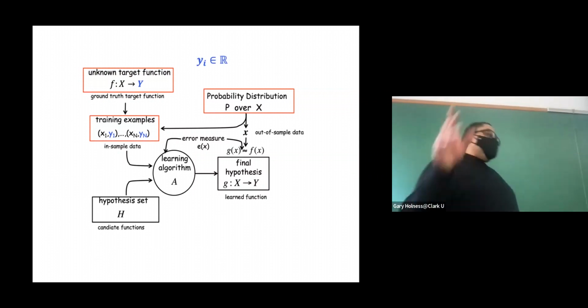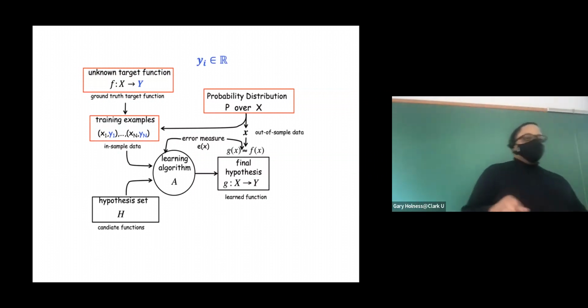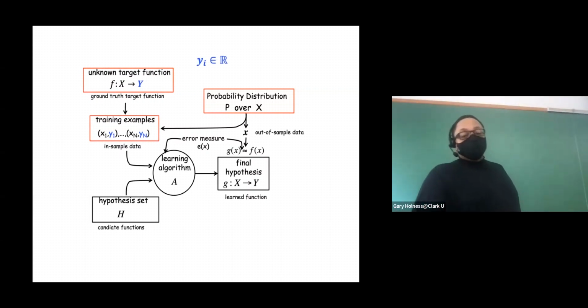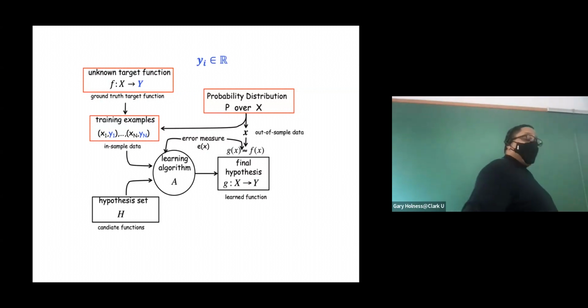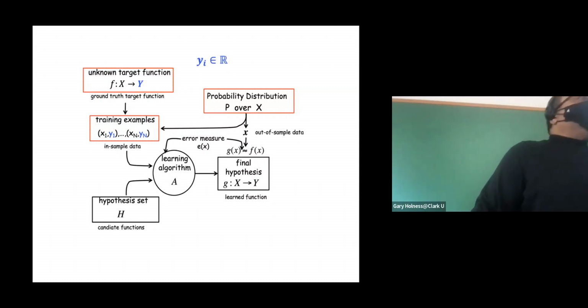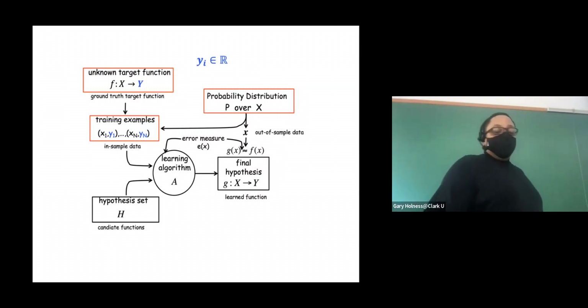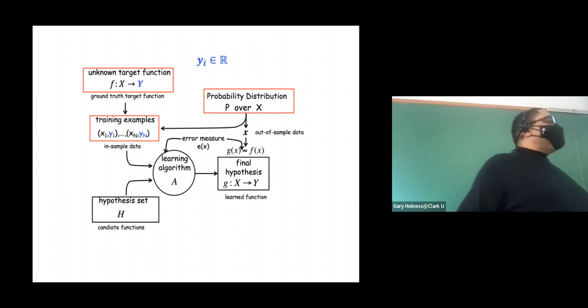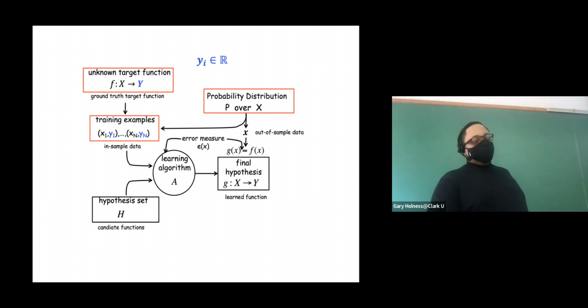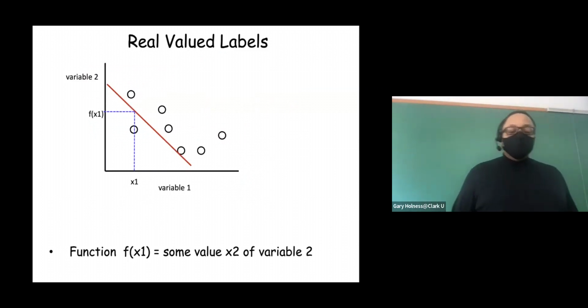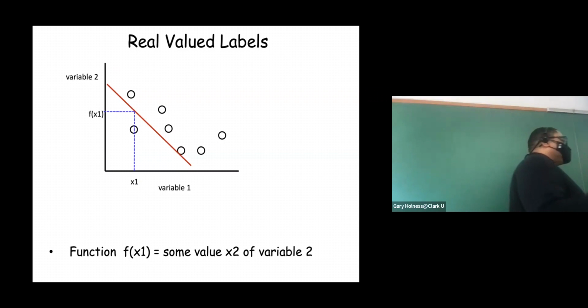So where we last left off, and I'm not going to spend a lot of time recapping since we used the regression and the APIs in the workshop, and we talked about it on Monday, we talked about regression, and with this, a certain aspect in our anatomy of a learner changed. The label, by this unknown target function, changed to real valued, and that impacts the labels that you have on the training examples. They're real valued. And so we talked about this idea of real valued labels, but when you select your data or you're given your data, this real valued label can be an arbitrary feature.